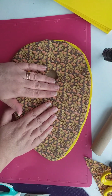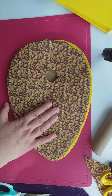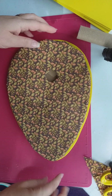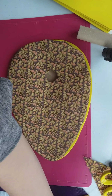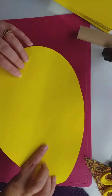So I don't put this on straight away, but I do. No, we will do it. We will put it on straight away. We just won't put the handle on straight away because we want to be able to decorate that flat. Okay, and I don't think we're going to put any flowers on the back here. So what I'm going to do is,